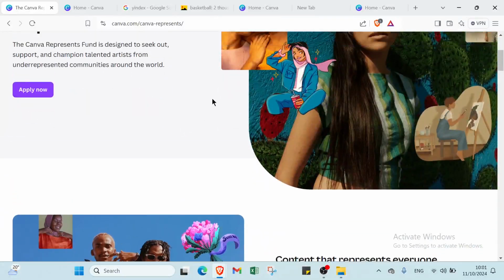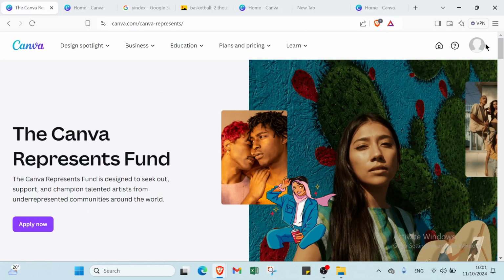The first step that you have to do is open your browser and type in canva.com. Here we have the home page. To get started, you just have to create an account by writing your email address and your password. Then you will find the home page, or you can also log in and write your personal information that you already